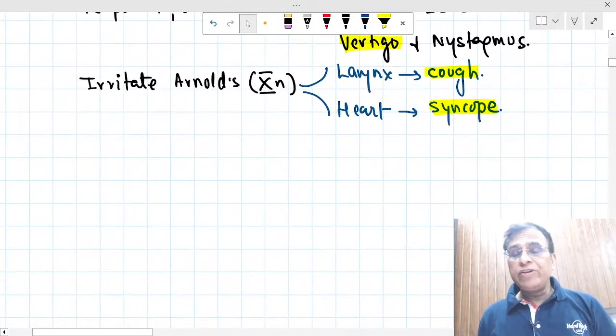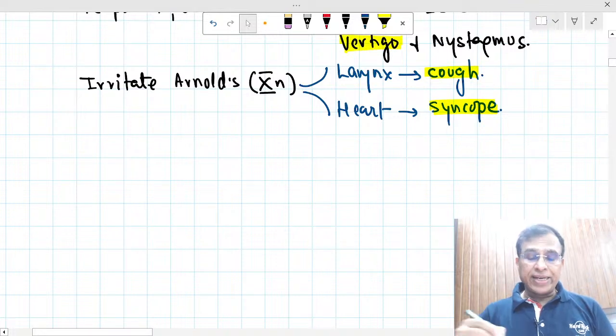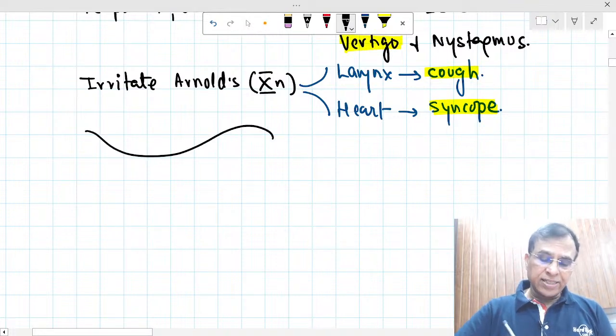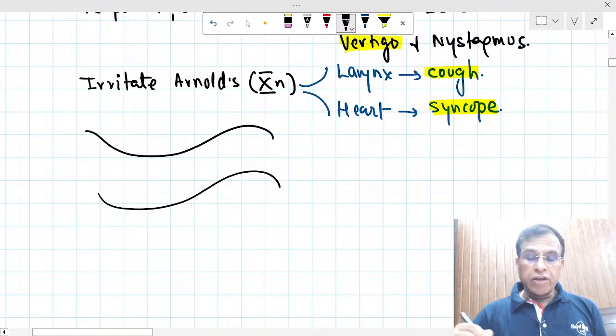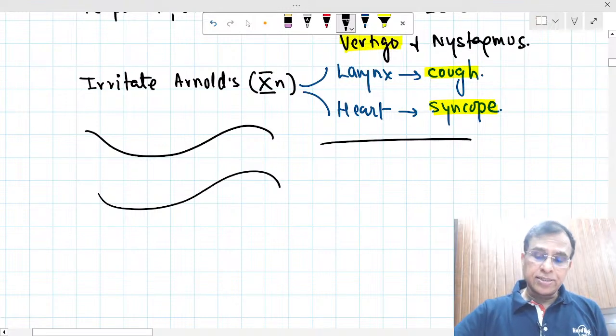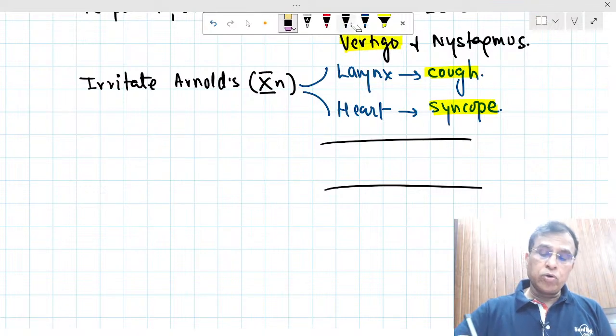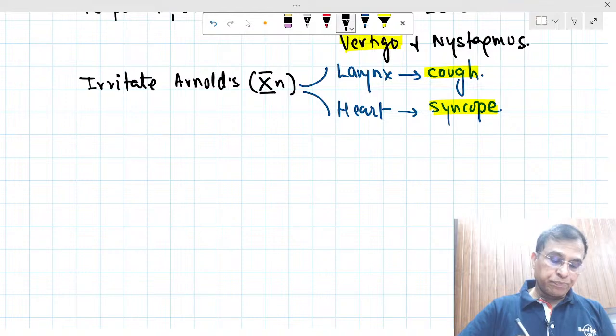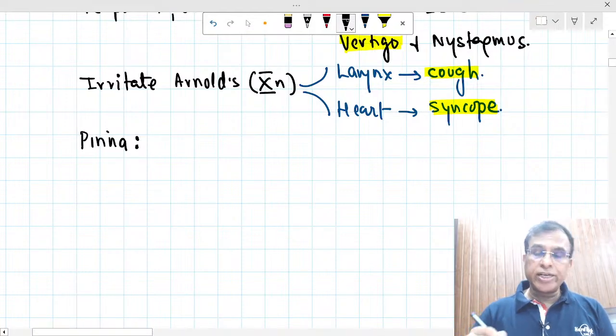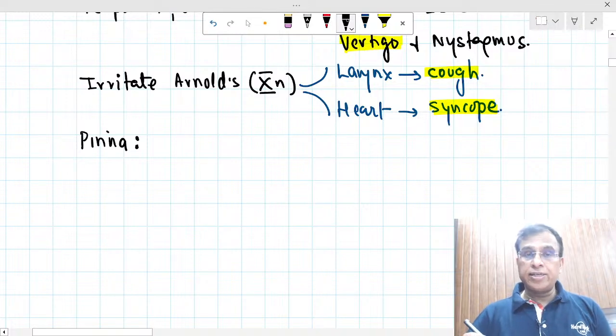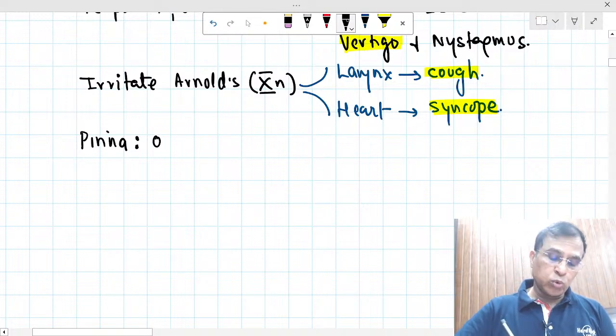Now, then we know, what is the shape of the canal? The canal is curved like this, S-shaped as we call it. If you can make the canal straight like this, then the foreign body and the wax will come out that much more easily. And we all know how to make the canal straight by pulling the pinna in which direction? Very important MCQ again. The pinna during syringing and examination of the ear should be pulled outward,